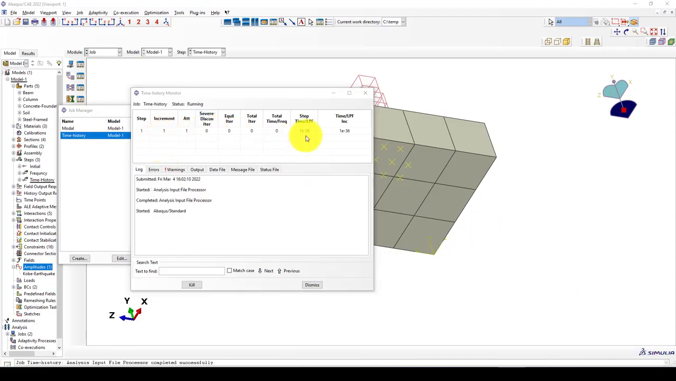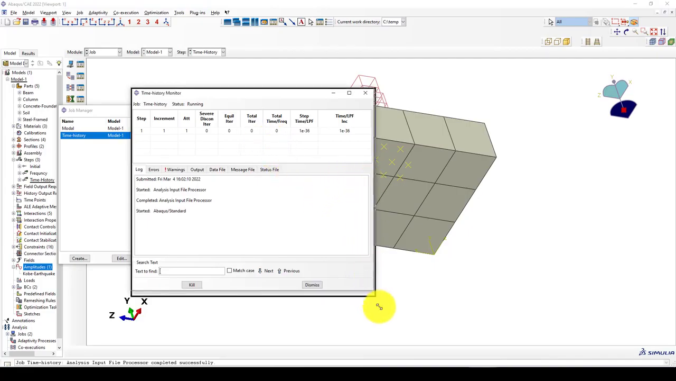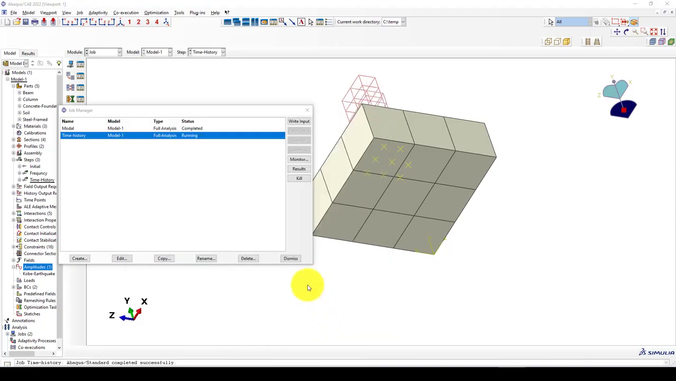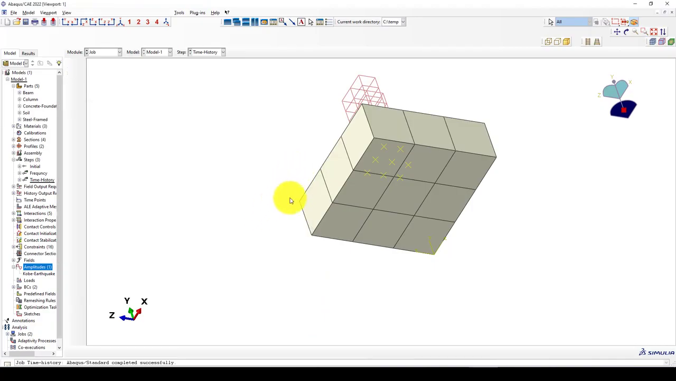And now the first step, which is the frequency analysis, is completed, and the second will start to perform the time history. Now it's almost completed, and yes, it takes a while to finish. And fortunately, it's finished. 40 seconds, which costs about 4,000 increments or step time. We can go to the result,